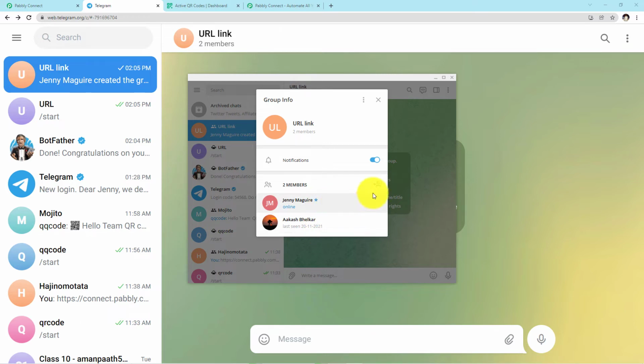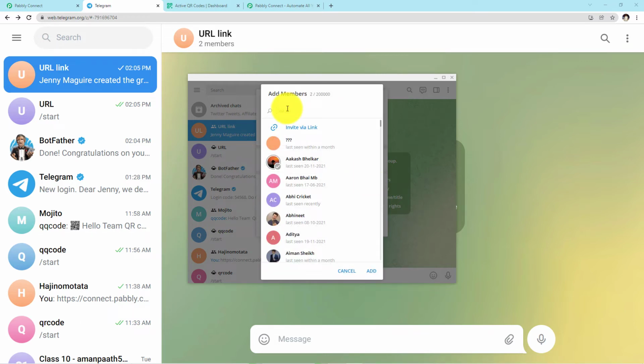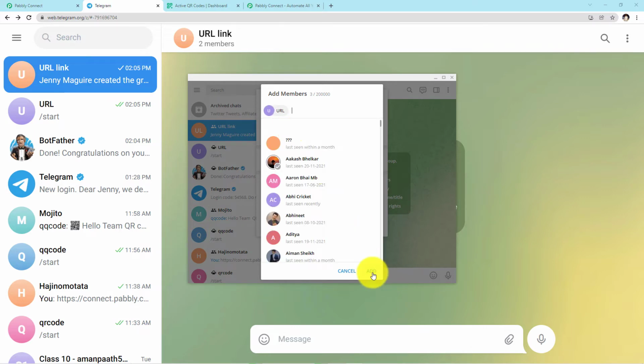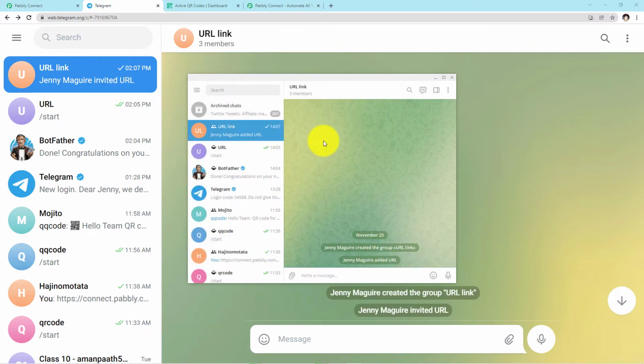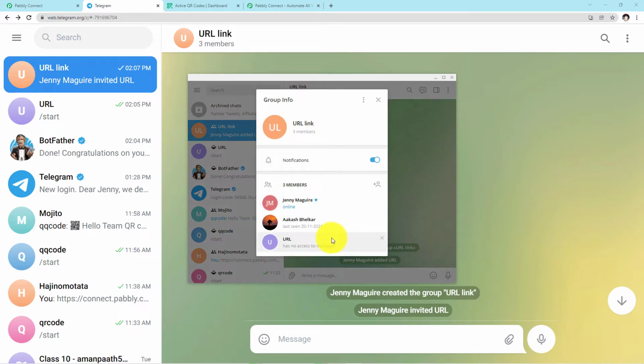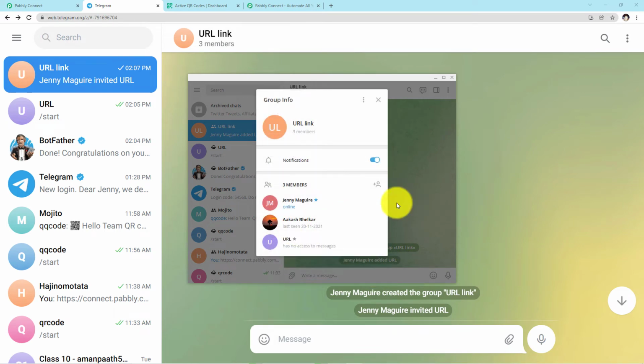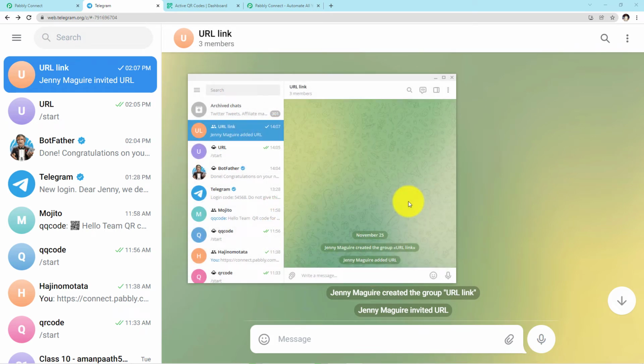Here you can see two members are there. I'll add the bot, our bot. Okay, so this is our bot. I have searched for the member. I'll add this bot to our members to the group, and now I'll give this bot the access. I'll promote this bot to admin. Okay, so I'll click on admin, and now I'll click on save. So this bot has now become the admin of this group.